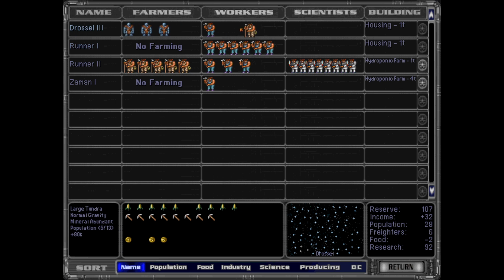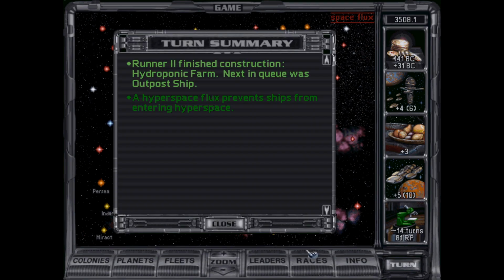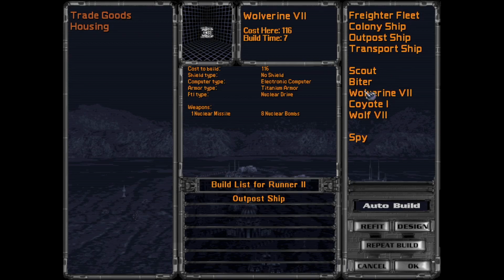Don't farm here. Because my guys are only making 1 food by farming on Drossel right now. So if we need farmers, it's going to have to be on Runner 2. Hydroponic farm is done. Oh, you're back to doing an outpost ship. Well, since we really don't need that right now...